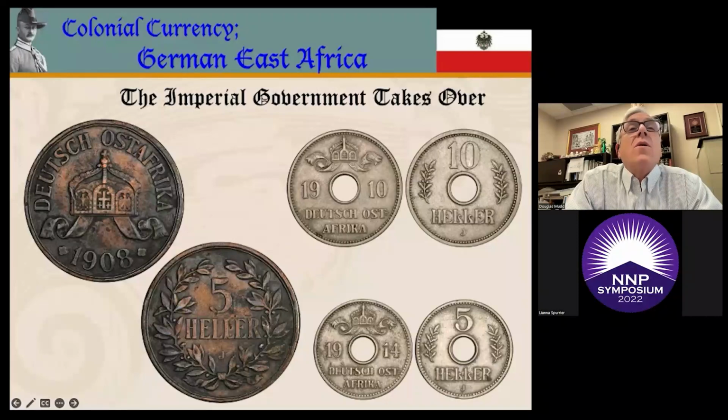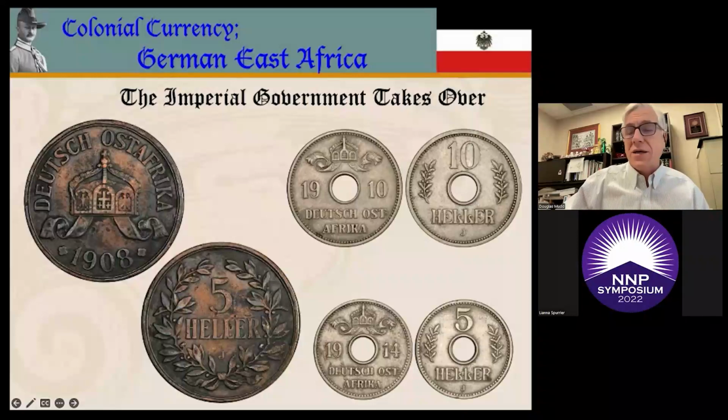All pre-World War I coins were minted at Berlin and Hamburg mints in Germany. Coins minted in Berlin carried the A mint mark, while those in Hamburg were struck with a mint mark J. In some years, production was assigned to both mints for the same coin to keep up with demand. Mintage figures for Heller coins ran into millions per year for each denomination, while the silver rupee issues seldom exceeded 500,000 for each denomination.